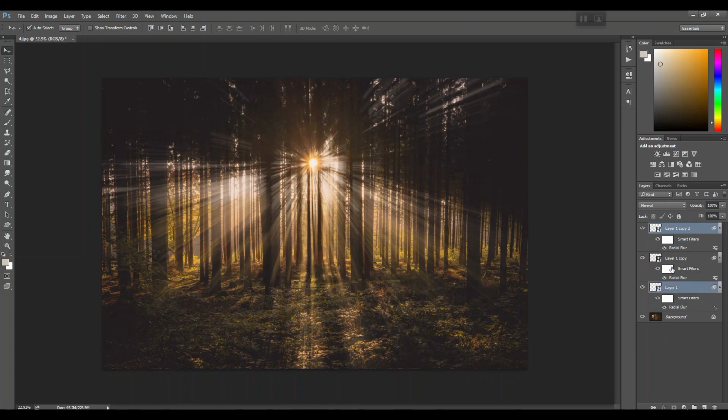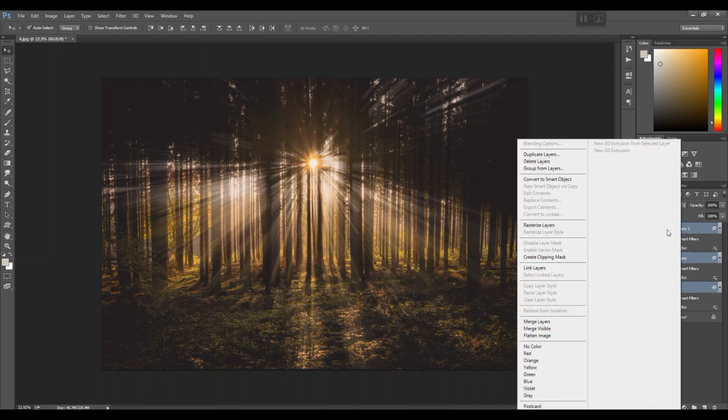Okay, now moving forward, the next method is to merge all the layers, but also keeping in mind that each layer has its own properties. Now let me show you how this can be possible. So in such a case, what we need to do is first let's select all the layers and now simply right click and convert it to a smart object.